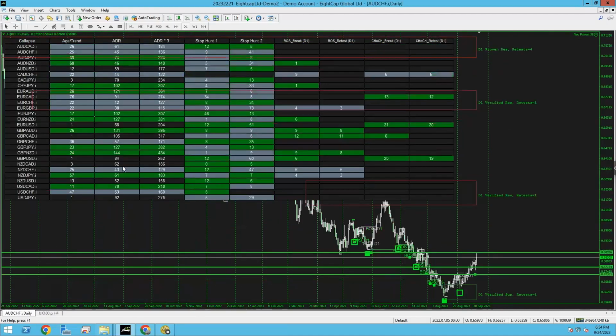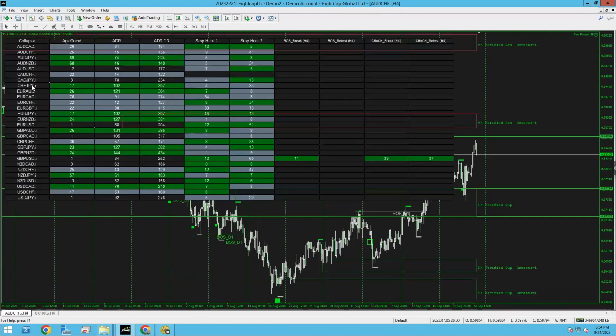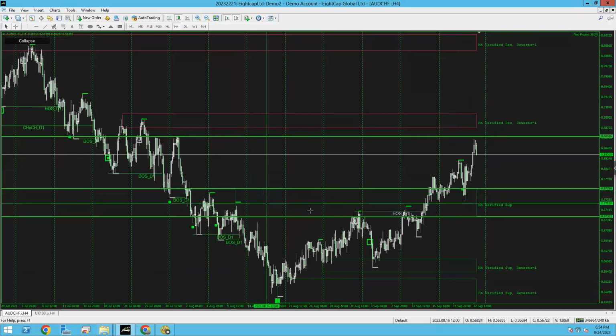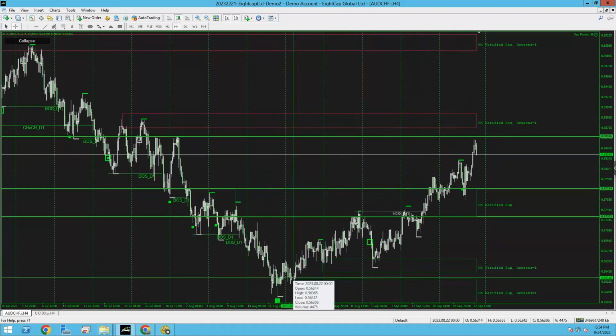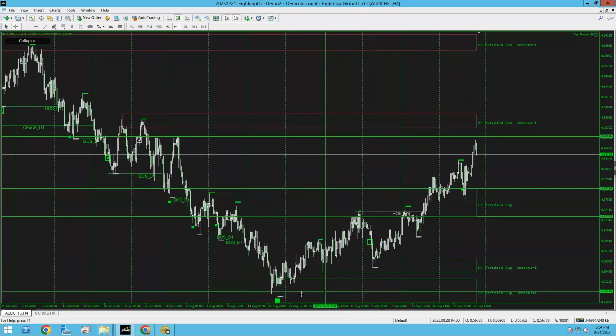All right, cool. So we're gonna go back to this now. So very, very simple. What I've noticed, so people can see this as well, is you tend to get this breakout happen after anything between 0 and 30 days from the age and trend. Like I said, age and trend is never going to start on day one. It's not possible because the market has to move a certain amount. The start day will be like 8 days in or something like that. It's not a problem because you're not entering straight away.